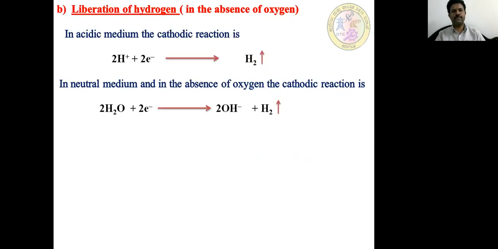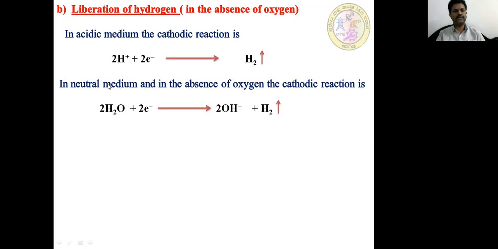Suppose in absence of oxygen, how does the reduction reaction occur? Because electrons are released by the anodic region, but how will those electrons be gained if oxygen is absent? So if the surrounding medium is acidic, that means it contains excess H+ ions. That H+ ion is ready to gain that electron, and it forms hydrogen gas, and it will evolve. So in this way, the released electron is gained by surrounding hydrogen ions. This is a reduction reaction, gaining of electron.